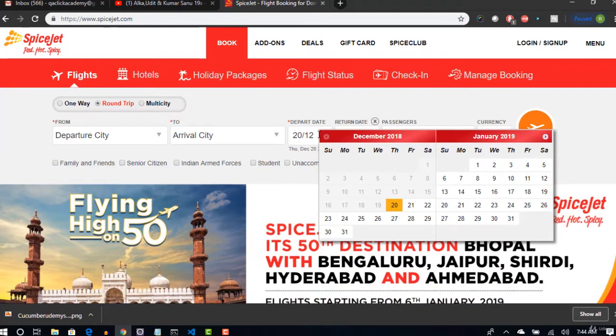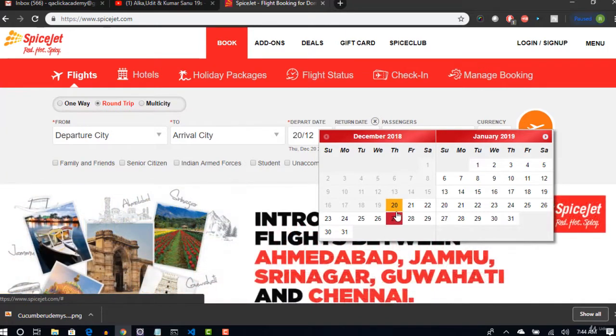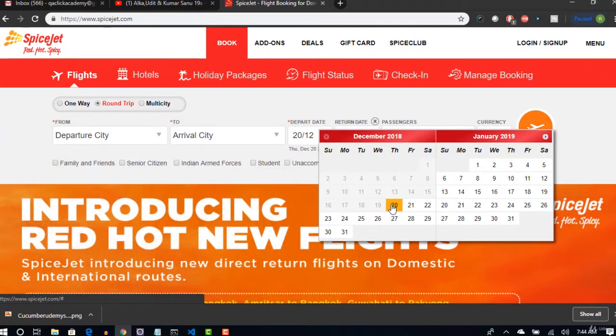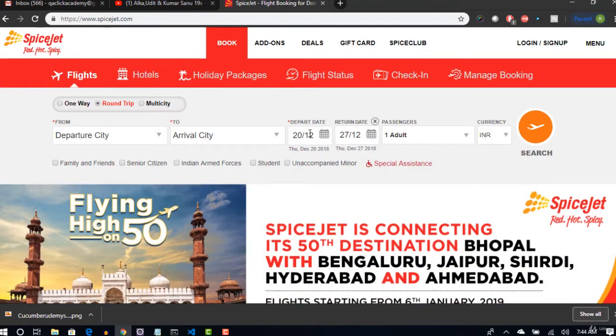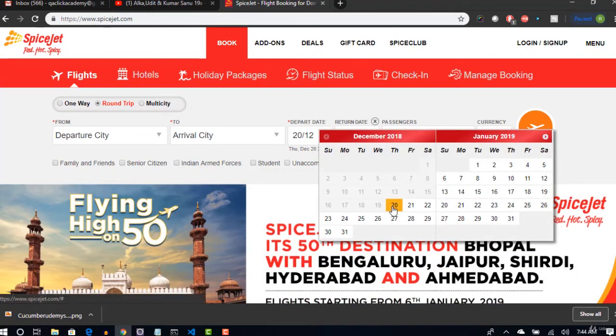Now when you open this calendar, let's say that you want to select this date, which is highlighted. You want to select the current date which you are seeing on your screen. So the current date here is December 20th. So you want to select this. Okay, how can we do that? You don't want to hard code it, but you have to select it.